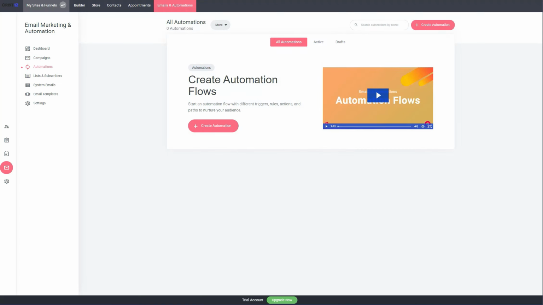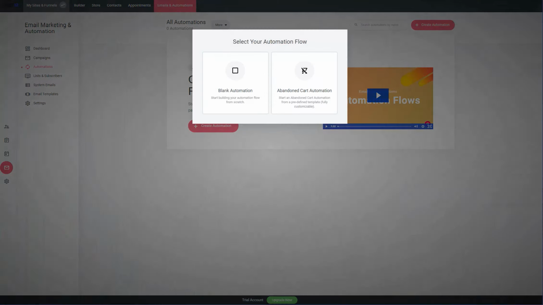Then you have automations. This is the power feature right here, and it's so powerful on this platform. I absolutely love it because you can make different automations. And what I mean by that is you can have one automation